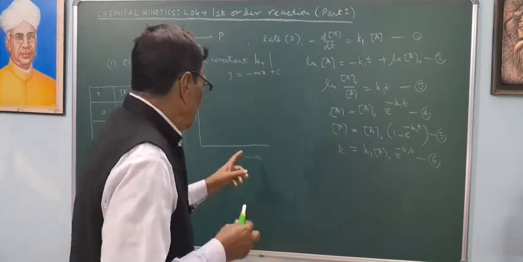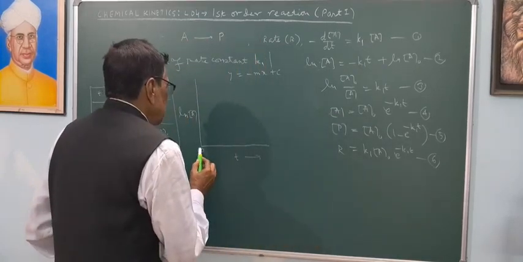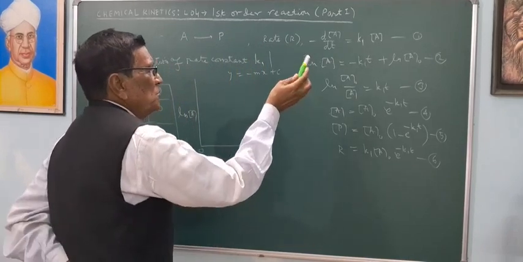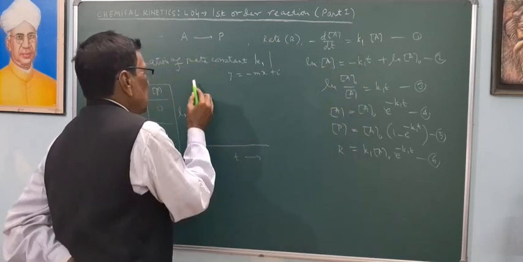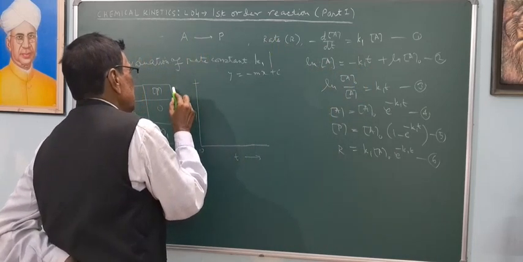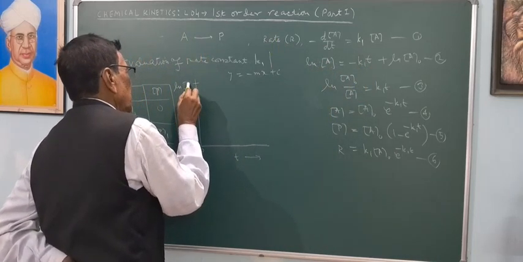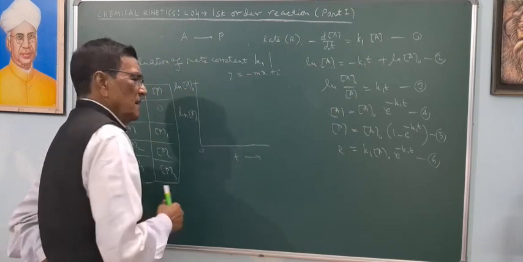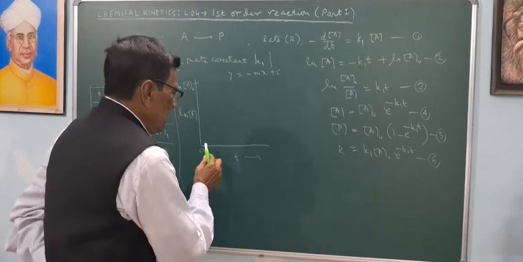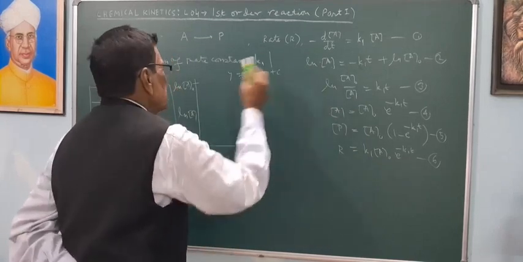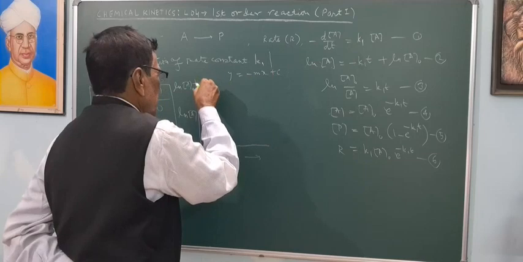So when t equal to 0, at this initial time, the intercept is ln A naught, the highest value. This is the intercept, and as t is increasing, this value is decreasing, and it will be a straight line,